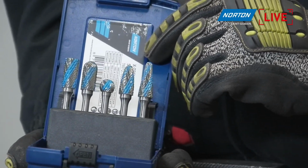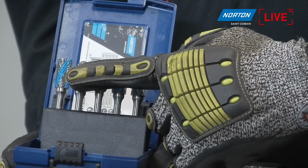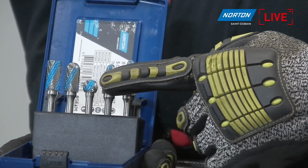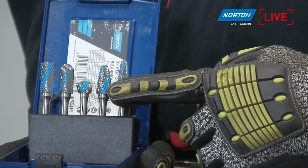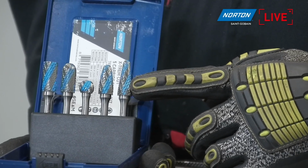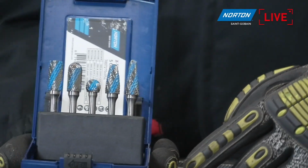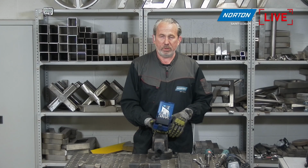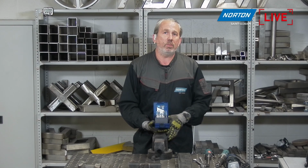So look at that. As Paco said, we've got 5 different shapes here. We've got the shape A, which is a cylinder burr. We've got a shape C burr. We've got a shape D, which is a ball burr. We have a shape F, which is your ball nosed tree, and we have a shape L, which is a ball nosed cone. So these are the most popular carbide burrs in the market. Pretty much most people will be using one of these in one form or another, because they are for very specific applications that are commonly done in the market,